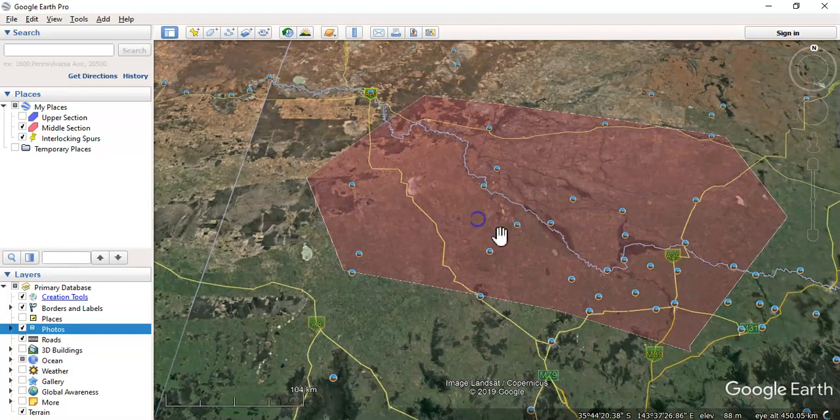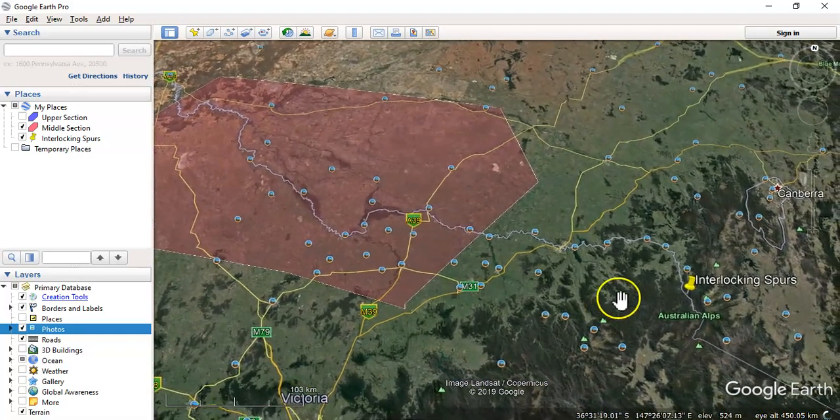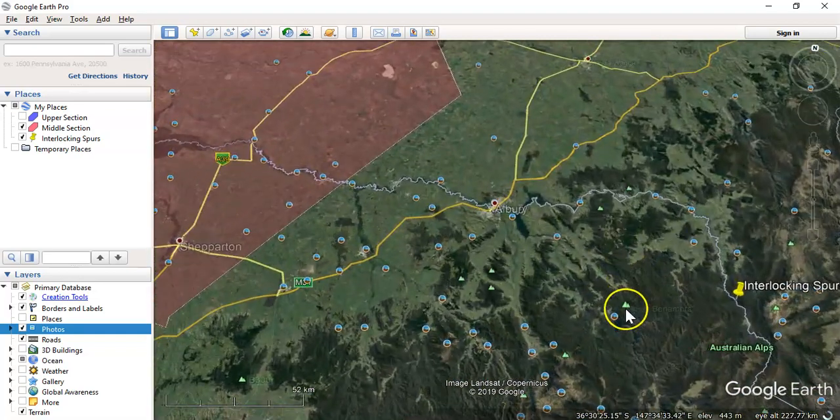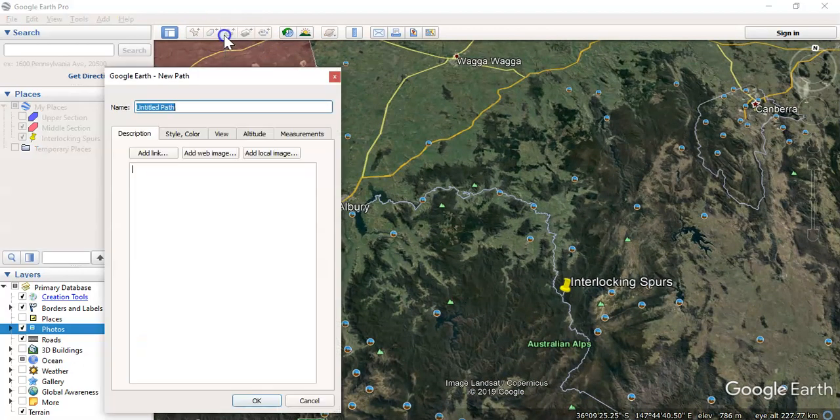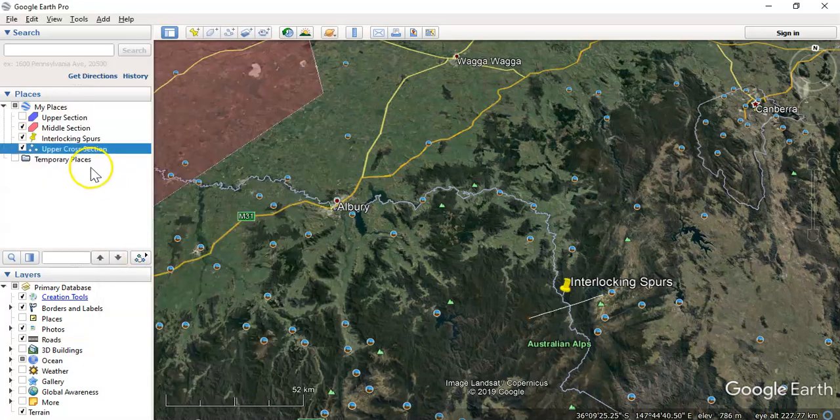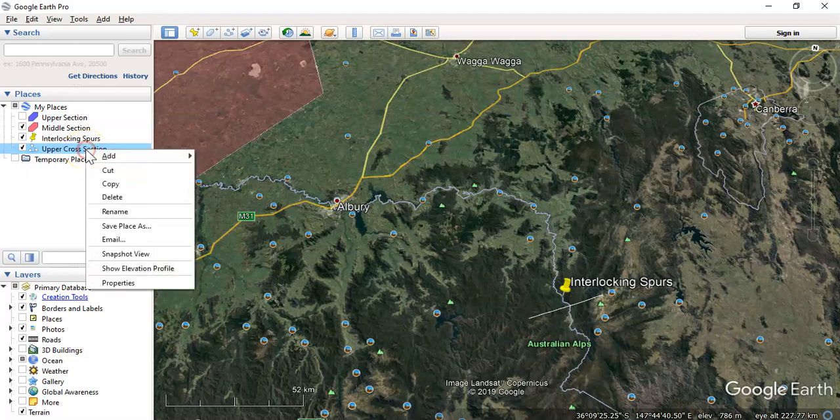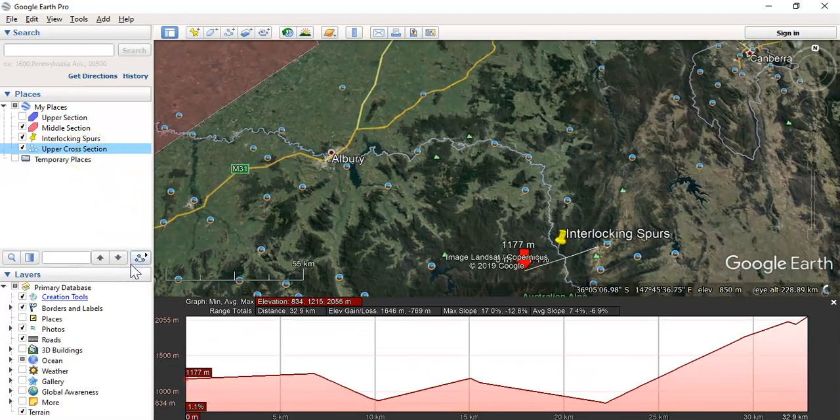A really good thing you can do as well, if you want to measure, I guess, the cross section of a river, is to draw a path. Now, a path is a line, so I might draw a path along this particular section of the river, and I can save that, I'll call that upper cross section. Now what I can do is I can right click on that and say show elevation profile,